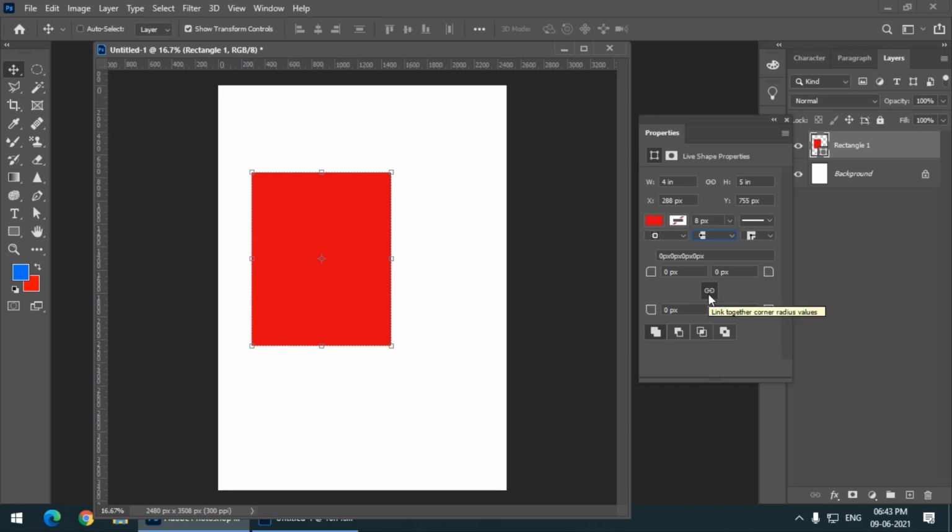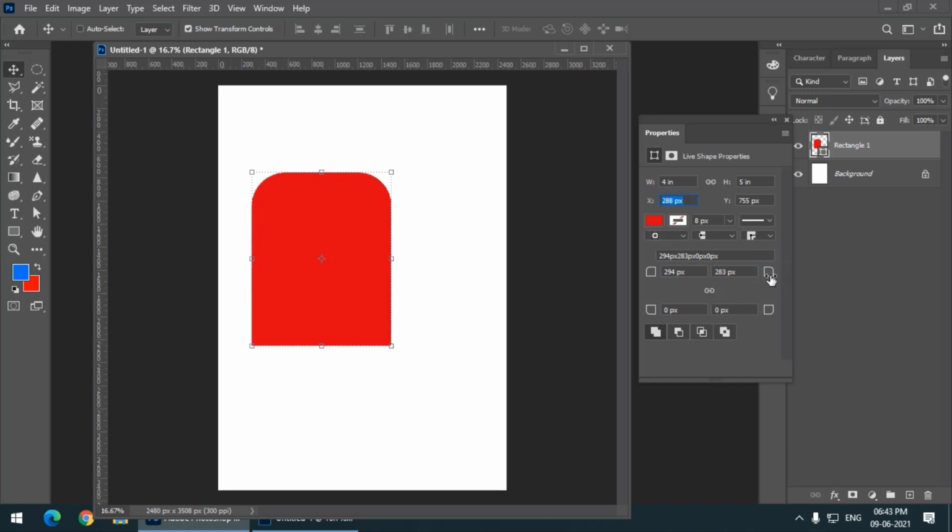So if I don't want them to be changed together, I can turn off this lock and I can simply change any value. So presently I am changing the value of the top left corner, so this value is changing. Similarly I can change value of any corner, so it is becoming a rounded rectangle.